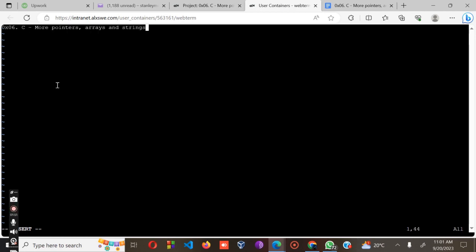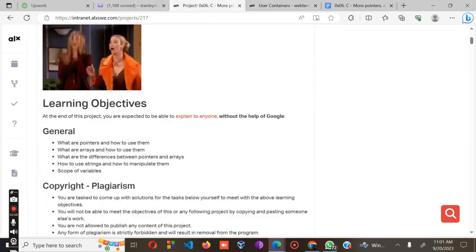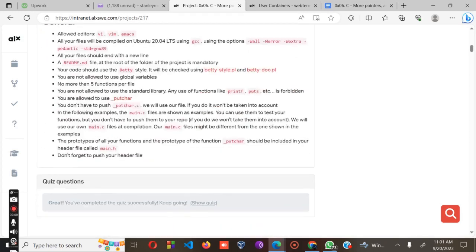Okay, then paste, escape, colon, WQ. Okay, let me see whether I've created it. So you can see that we have created the readme file inside the root of our directory as per the instruction. Okay, the next step, if you look at the requirement,